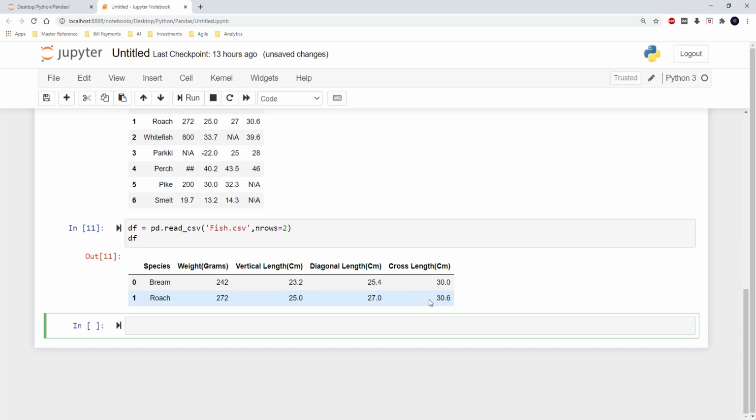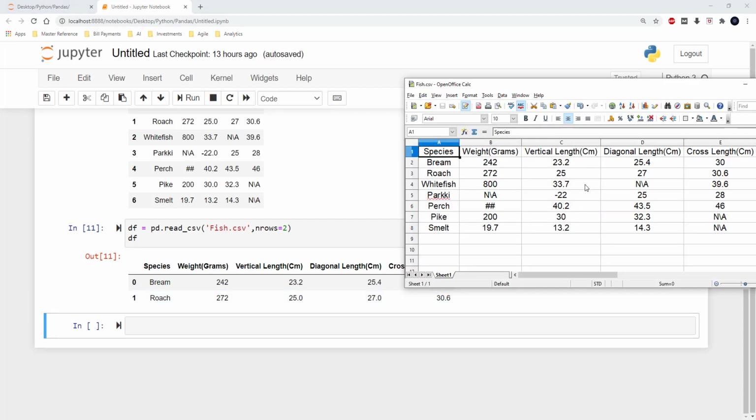Now I wanted to clean up these junk values. As you can see, this particular value is n/a, and here there are 2 hashes, and then here there is another na, another na, another na, and then here it is -22. So I wanted to read some of these values as not a number.